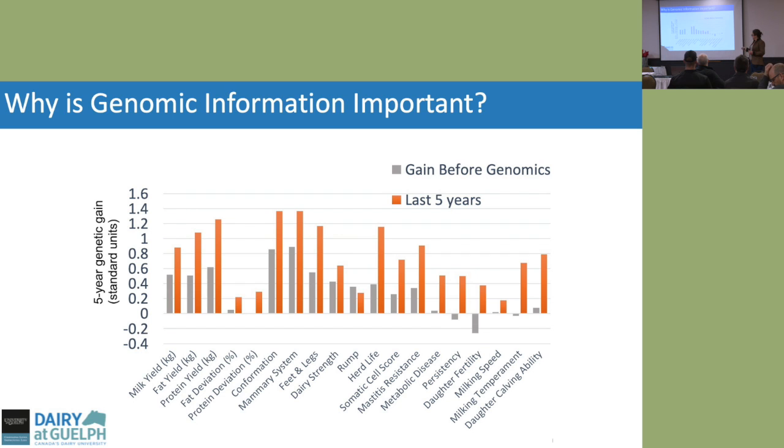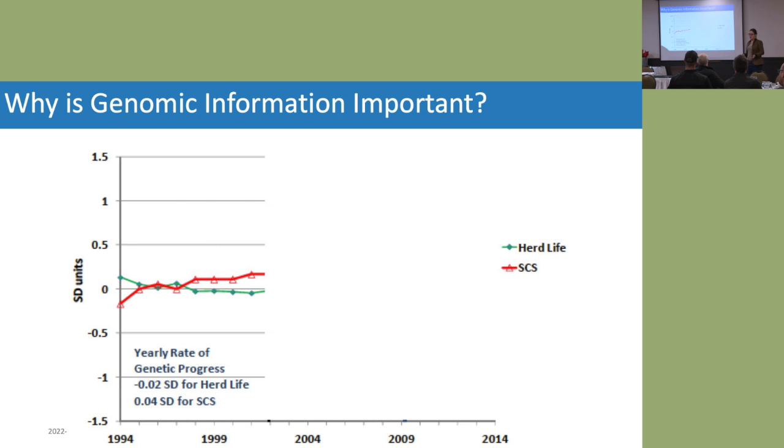We had some gain before genomics, but there were some traits that were pretty hard to change with genetics. But after genomics, in the last 5 years, we've seen across the board a really good increase in genetic gain, which is fantastic, right? Awesome, great. Everybody's happy, making lots of money, everything's fantastic.